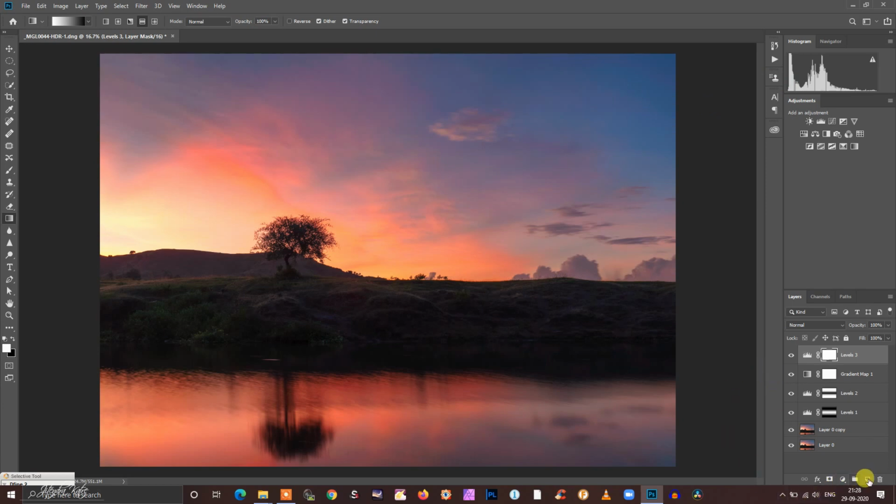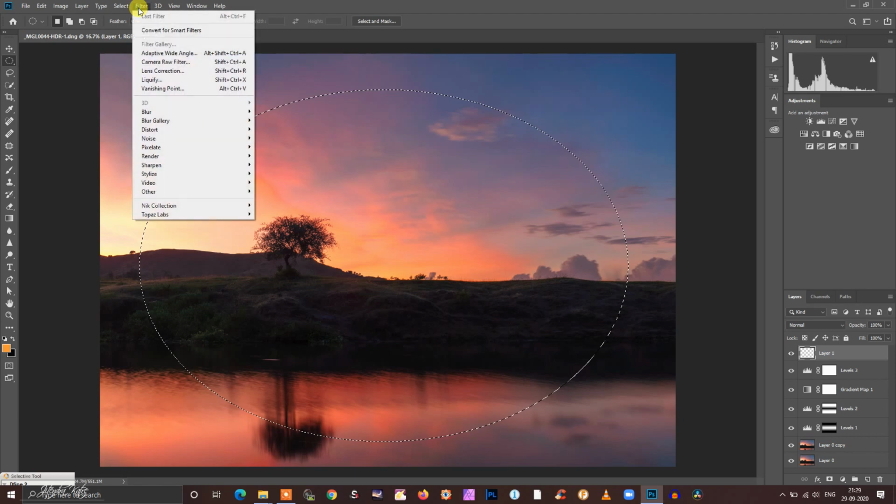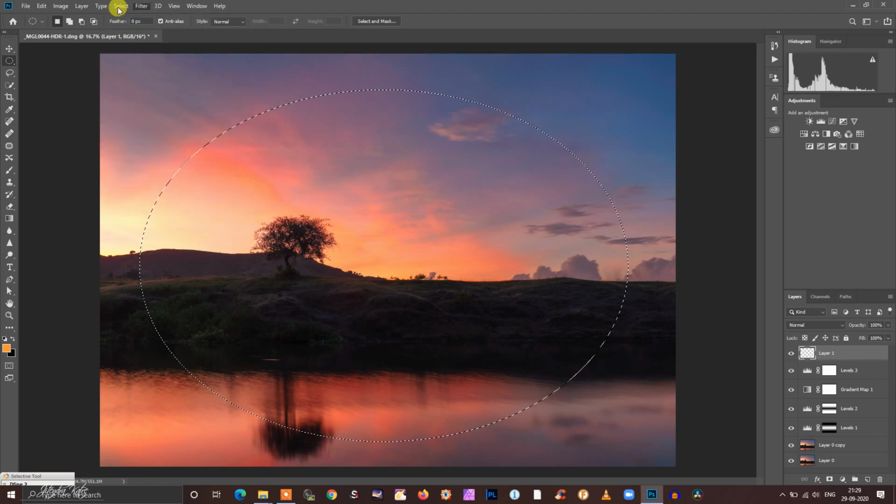Now I will add a blank layer and draw an elliptical shape here. Apply some feathering.